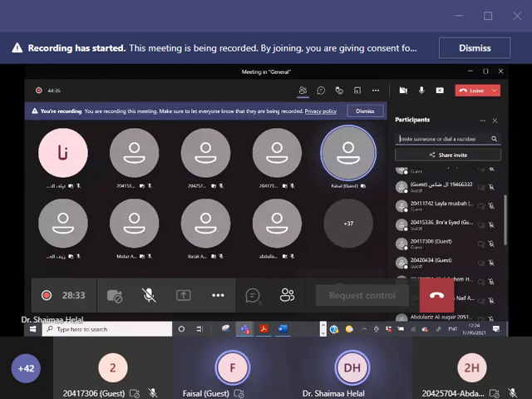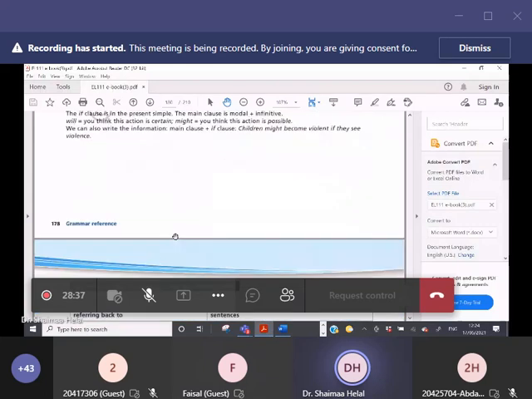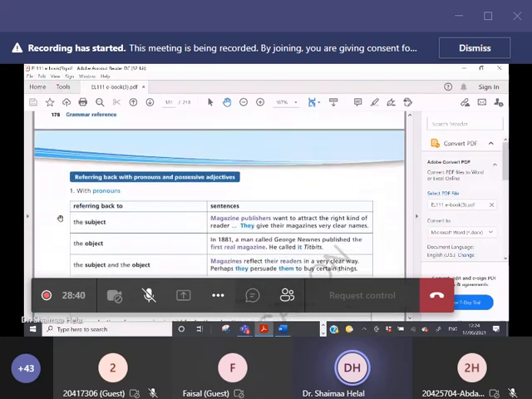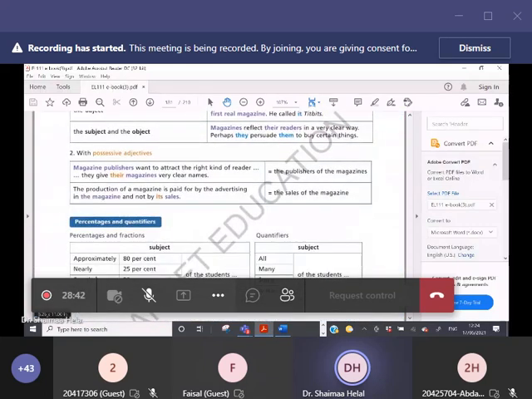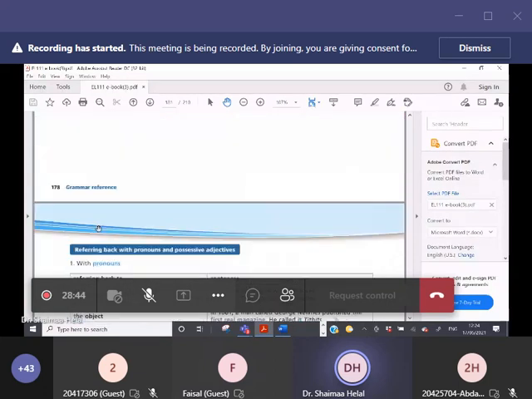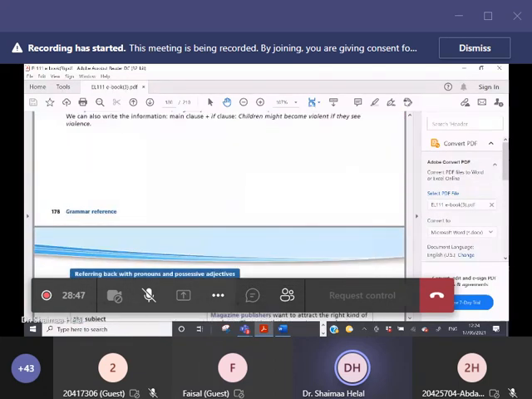So we just need to finish this part, okay? We will finish this part related to the first conditional and with pronouns and with possessive pronouns. Just these parts that are related to grammar, okay? And then I will leave you, inshallah, in order to focus on your quizzes. The quiz for EL111 is expected to be today, right? We have a quiz for EL111 as well.